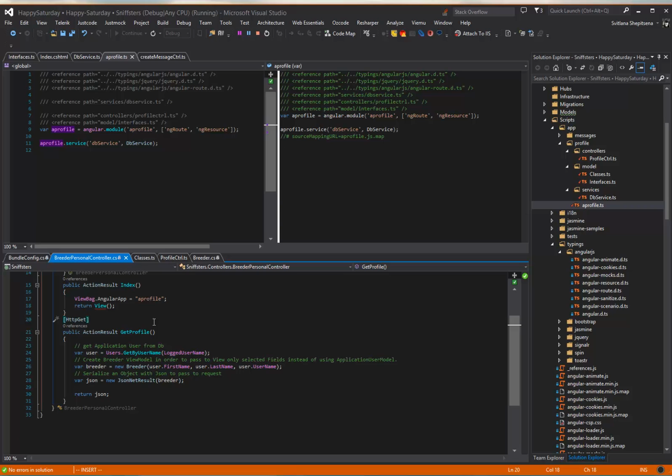It's one type of our users. We will have several types. Breeder is one of them, and another, for people who are looking for dogs, is looker. And here in index we need to set a module for our application, and we use viewBag, Angular app, and the name of our module,